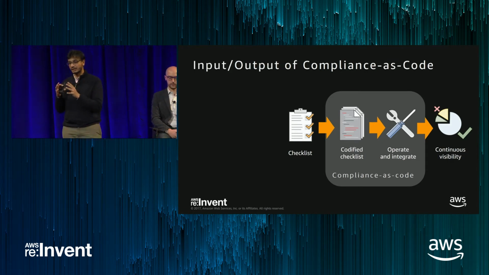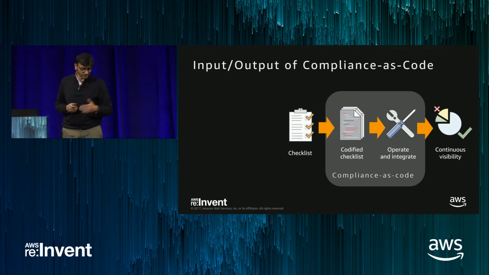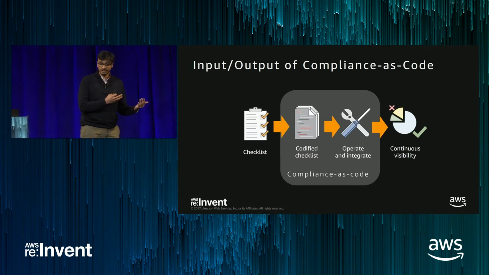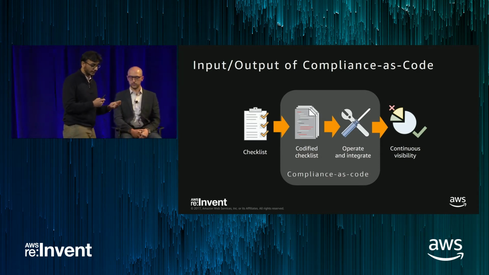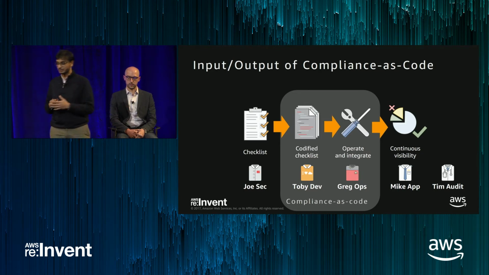And to focus on that component, we need to understand what comes in and what goes out. So the input to this component is the checklist that Jonathan talked about, which contains what you're actually trying to look for. And let's try to understand the input, what's getting processed, and the output by looking at some personas, because